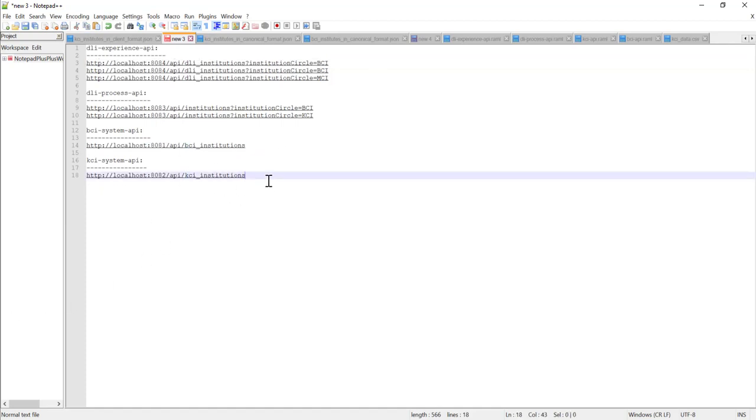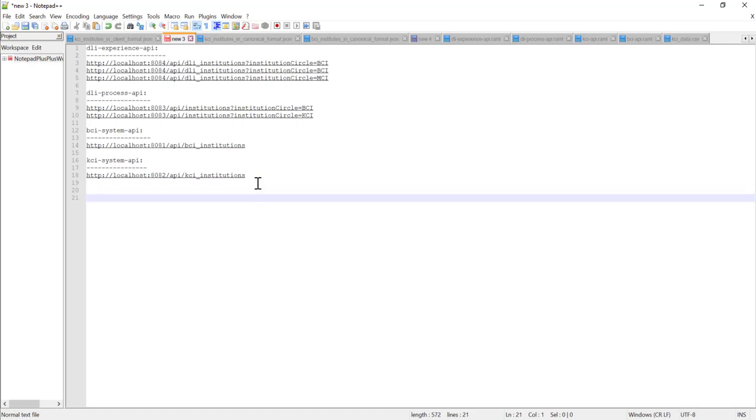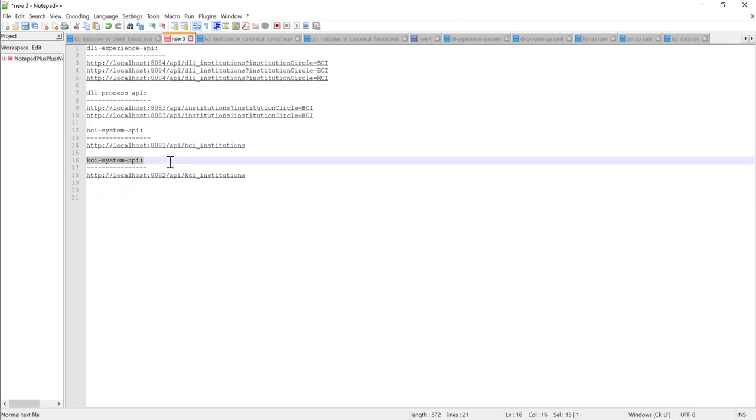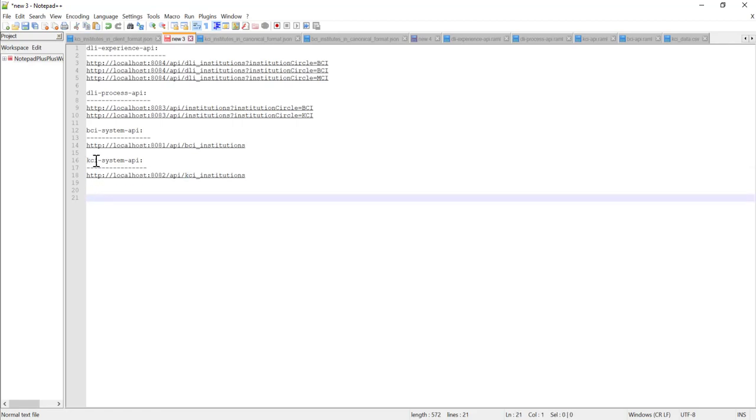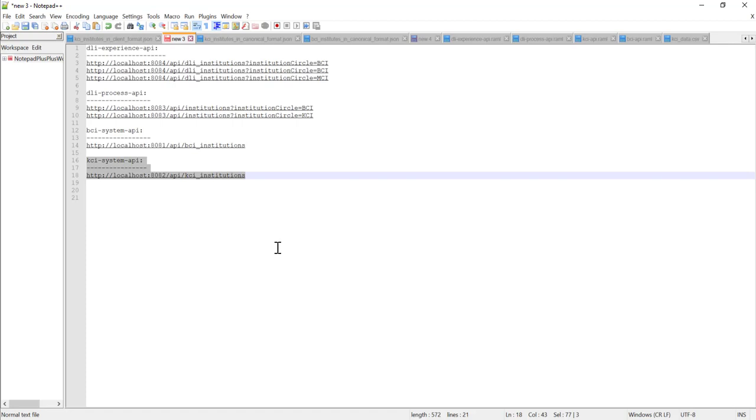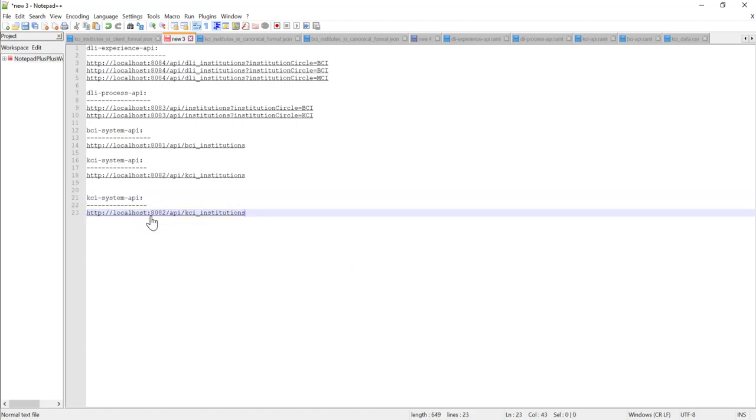So now in future, if some other system is introduced into our application in our organization, in that case similarly a system API would be created. Suppose, let me give you an example here. Suppose that is about to run on 8085, and suppose ZCI, that is the URL of that particular system API.